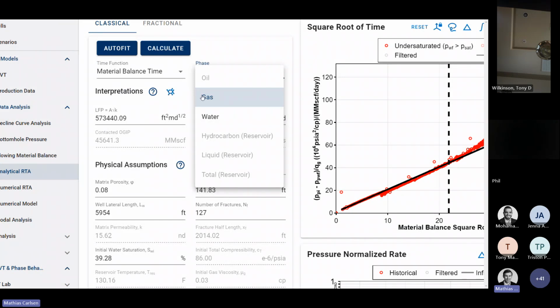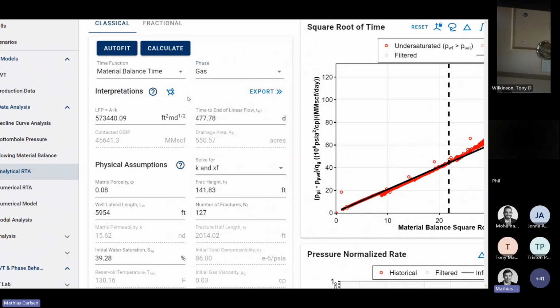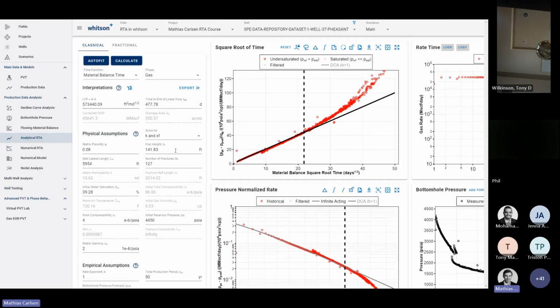This we're going to talk more about when we deal with some of the other wells. This is a dry gas well, so it's not that interesting, but that's up here. And then below here, that's where we start to get some of the key interpretations. This is where it's going to start to become a little bit important, but I'm going to just walk